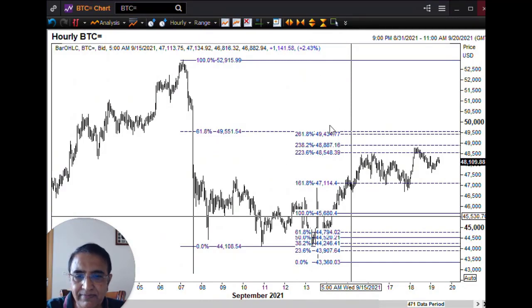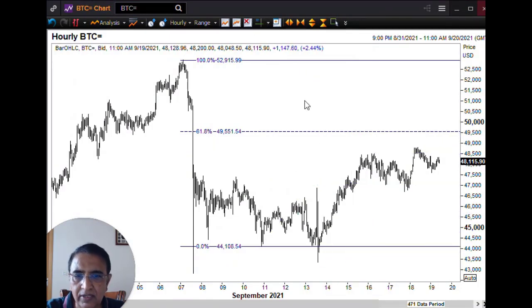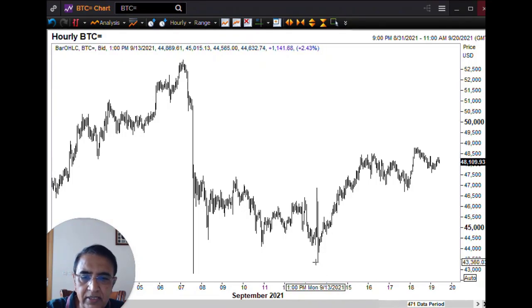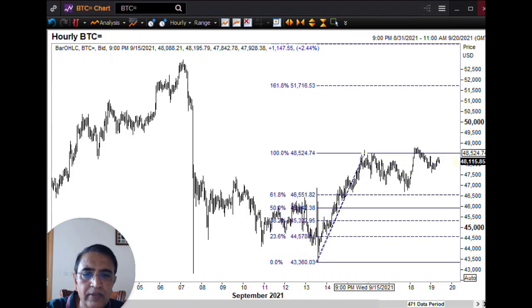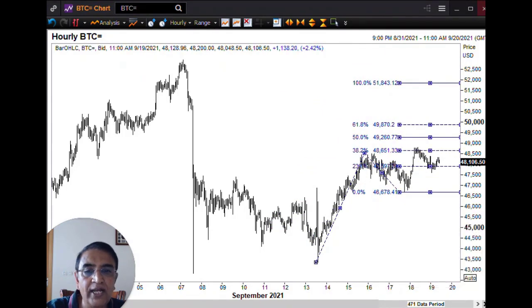Now, one last thing. Let me get rid of all these small drawings and do one last thing here. Assuming that this is the bottom of point 0 of this 5-wave move here. This is wave 1, 2, 3, 4 and 5. Take the measure from here to the top here and compute the targets from the bottom of wave 4, and once again we get 49,870. So this is very close to one of the levels I just removed. So we are all set here.